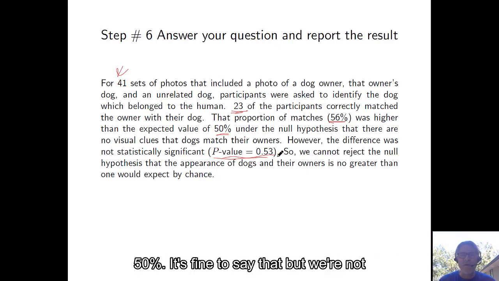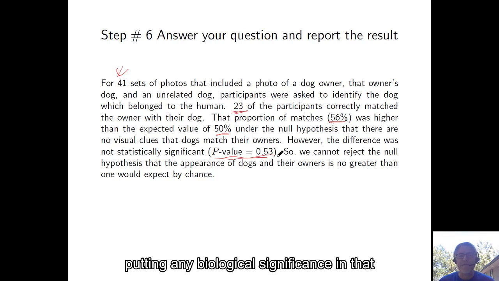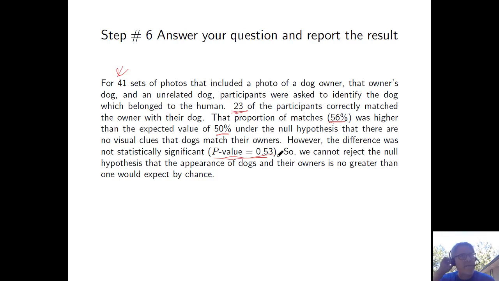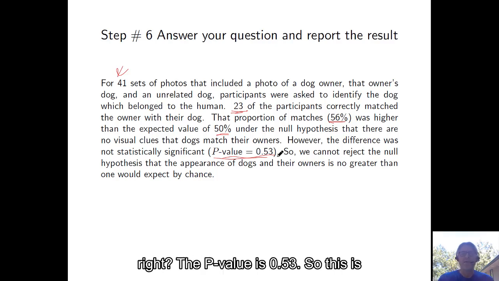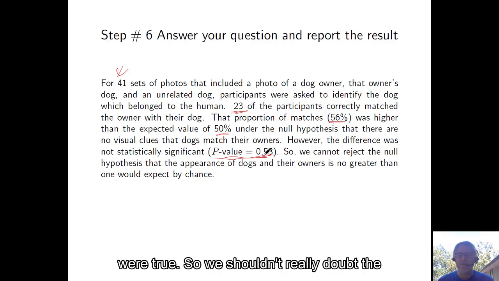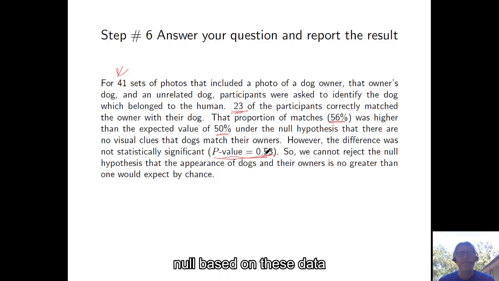It's fine to say that, but we're not putting any biological significance in that because it's not a statistically significant result. It's really plausible that you would see this kind of deviation just by chance. If the null were true, about half the time we'd see this much deviation, right? The p-value is 0.53. So this is not at all unusual data if the null were true, so we shouldn't really doubt the null based on these data alone. Okay,